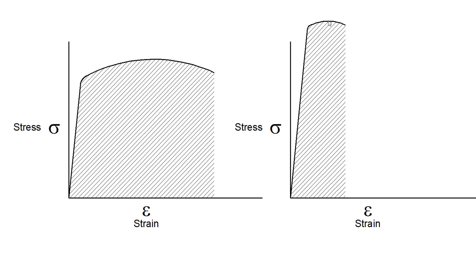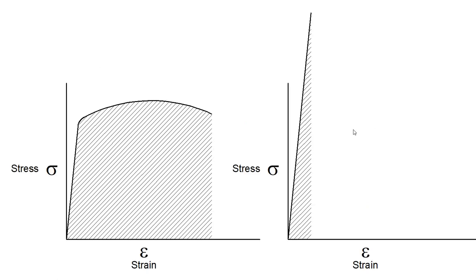In fact, this is a little bit generous over here with this plastic region, especially if we have a part that was heat treated poorly, like the one that I did there. So it would have almost no plastic region here, and you'd just be left probably with something more like this. Okay, so you have just this elastic region, maybe a tiny bit of plastic deformation, and very little area under the curve. But look at the yield point. So the yield point's raised way up here. So if you tried to indent this material or bend it, it's going to be much stronger. So it has a much higher ultimate strength, but we've given up all of this plastic deformation out here.